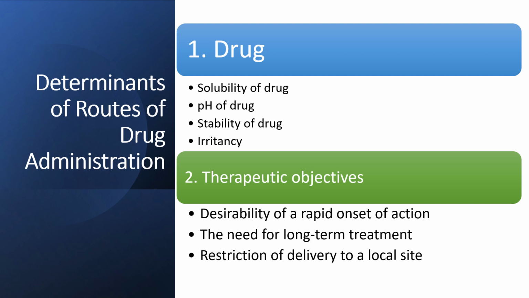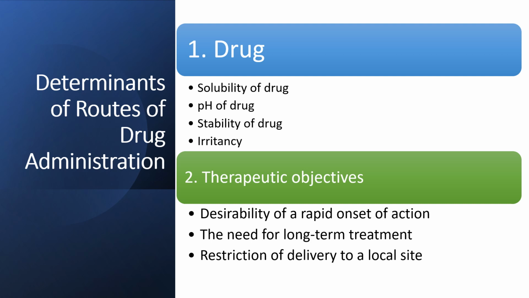So what are the determinants of routes of drug administration? That means the factors that would determine which route of the drug has to be taken. These determinants are related to the drug. That includes solubility of the drug, whether the drug is lipid soluble or water soluble, pH of the drug, whether it is acidic or basic, stability of the drug, for example whether the drug would be stable in gastric pH and environment or not, and irritancy of the drug, whether the drug would be irritant to gastric mucosa or not